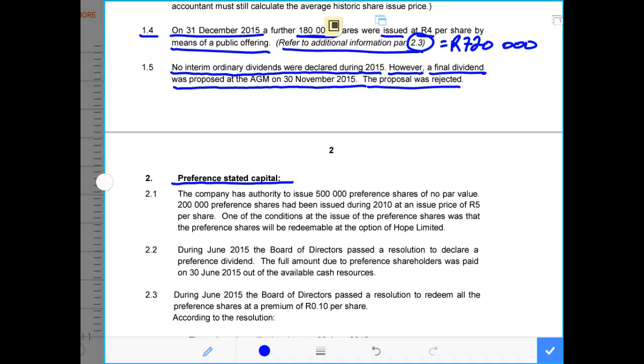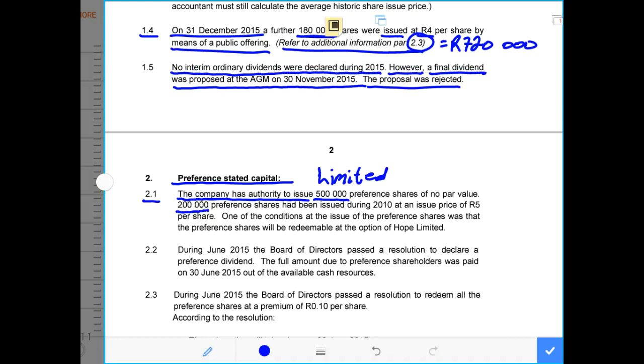Under the preference stated capital entries, 2.1 says to us that the company has authorized to issue 500,000 preference shares of no par value. That means the company is limited to issue. Authorized means the number of shares is limited to issue up to 500,000 preference shares of no par value. And they further say